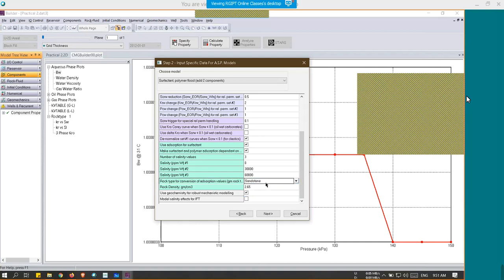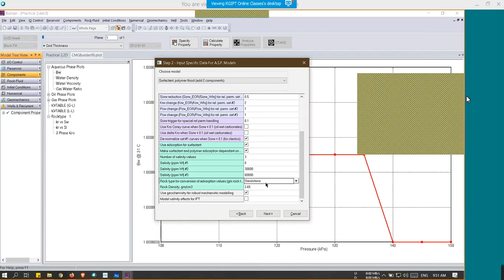If we have used sandstone, we can select that, and we can enter the rock density of that rock, and these are all used to model how much of the surfactant is getting adsorbed when it is being injected into the core, or when it is being injected